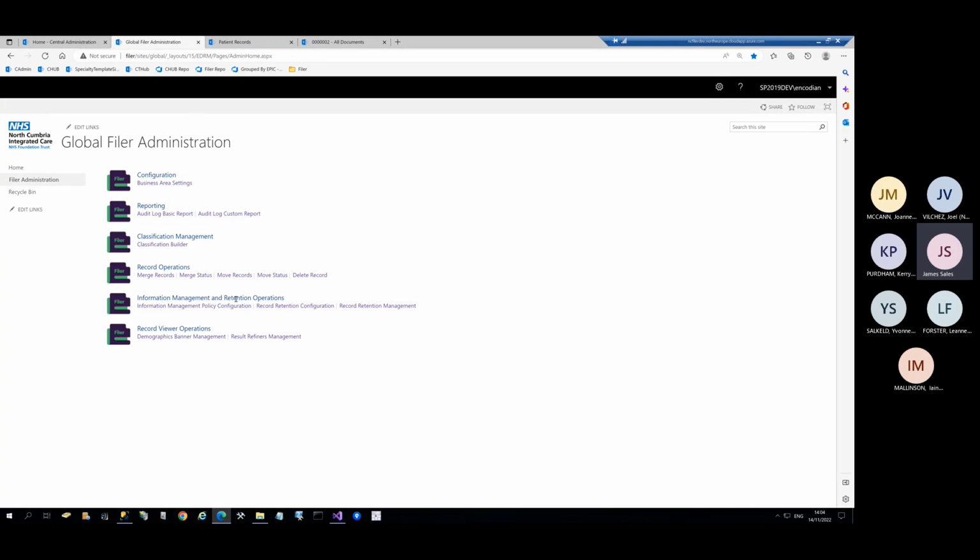Okay, this section here about information management and retention operations, this relates to the configuration and setting of expiry dates on particular individual records, but also a whole set of records for a particular patient. Now, we will be, after we've deployed the system, working with the trust to redesign that functionality because the way Filer does it at the moment doesn't quite work the way the trust needs it to work for their records. So I'm not going to show you that because I don't want to confuse everything because you're actually not going to be using it. So we'll be designing a new set of screens and